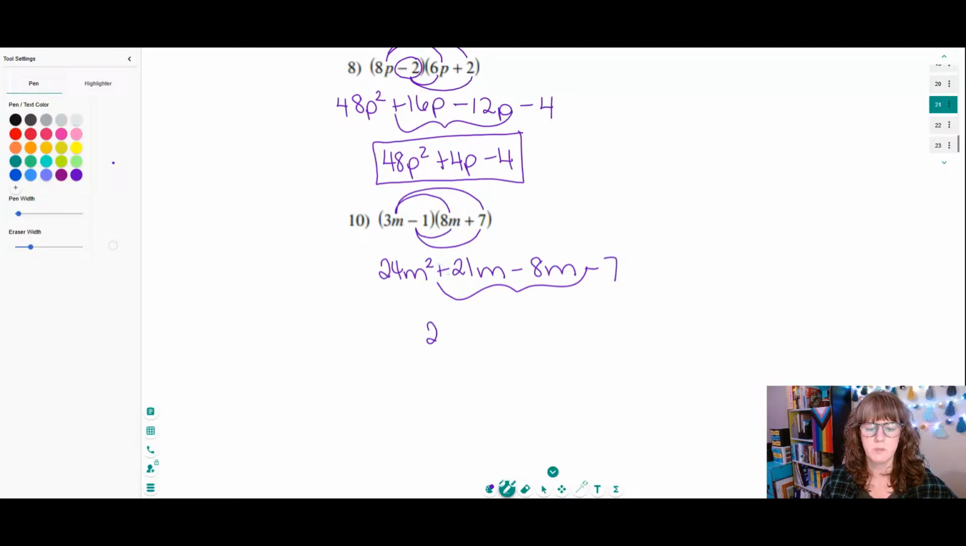Oops, I forgot my m squared. Sorry, that's supposed to be an m squared right there. So we've got 24m squared, and then 21 minus 8 would give us 13, so plus 13m minus 7. And that's it. All right, now on this next